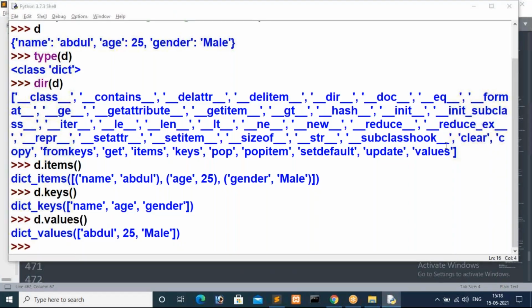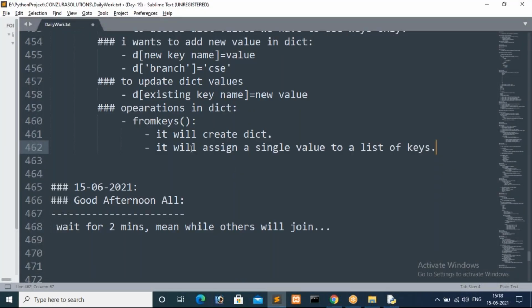Suppose this fromkeys method will be useful for making initial actions, like updating. Say before conducting an exam, what is the initial score of each and every subject, guys?